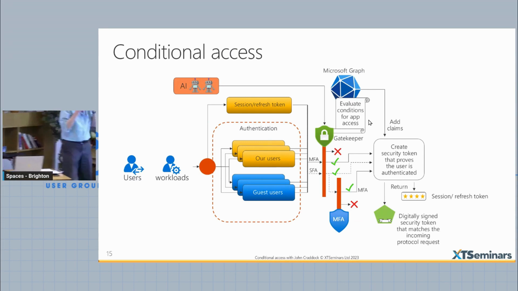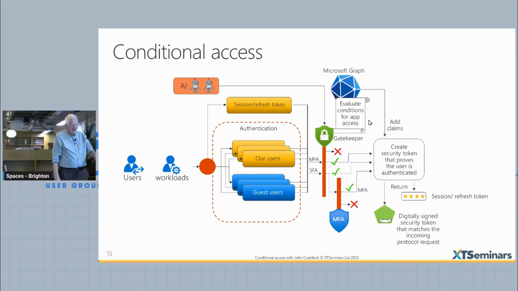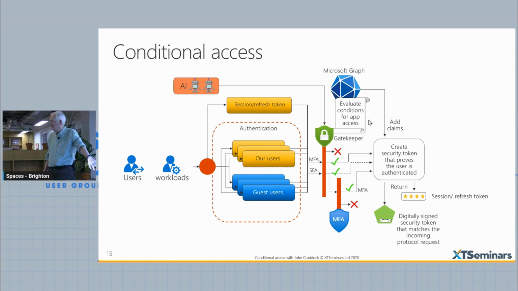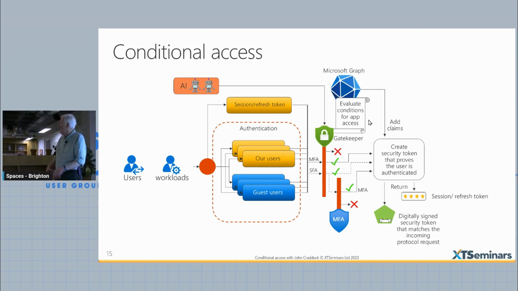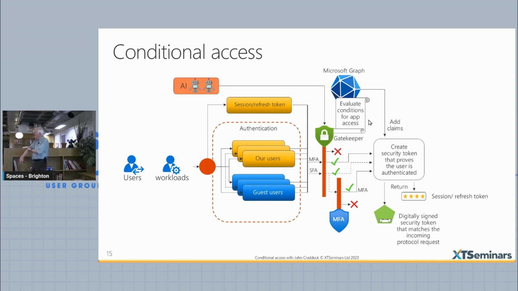So this is my cartoonish drawing of Azure AD. What we have is a user, and we have workload identities, and they're coming to Azure AD, and they need to authenticate in some way. And I have what we call the authentication booths. Are they our users? Are they guest users? And then there are lots of different ways that you can authenticate. I've done an extremely comprehensive demo on my YouTube channel of all the different ways of authenticating